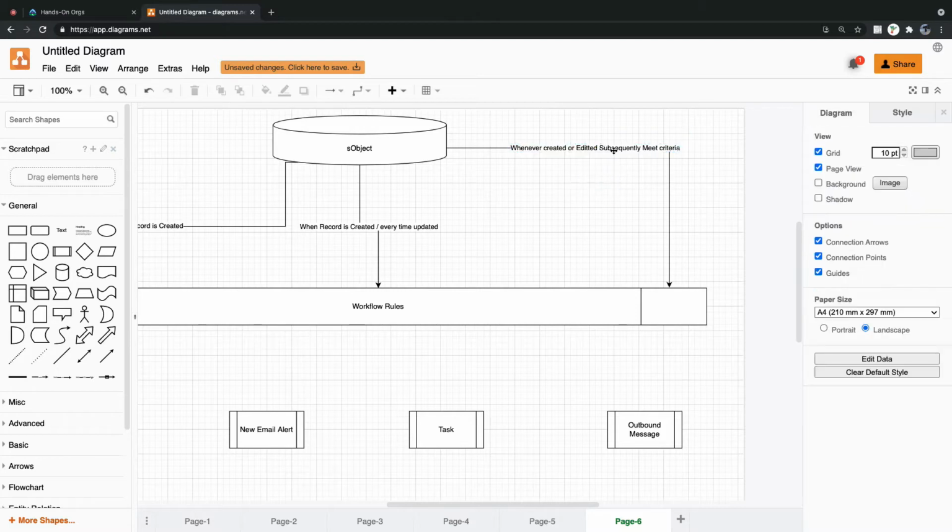What is meant by subsequently meet criteria? Imagine, understand this one.